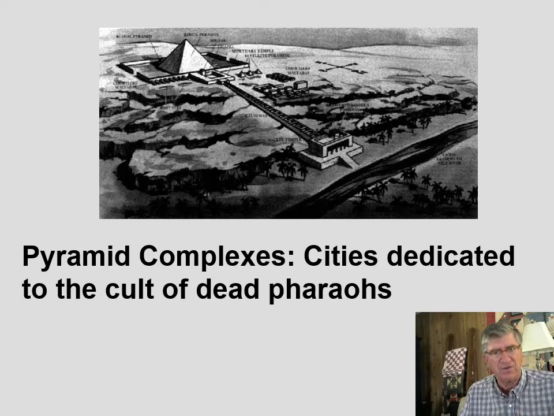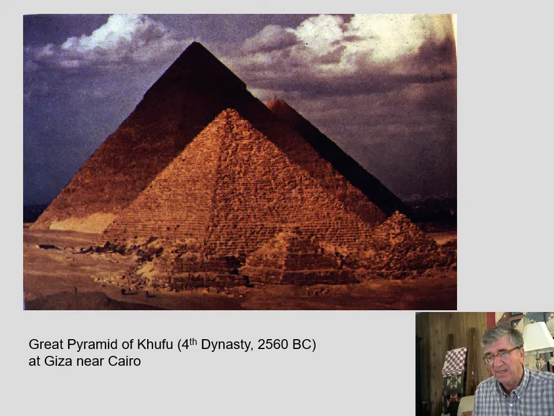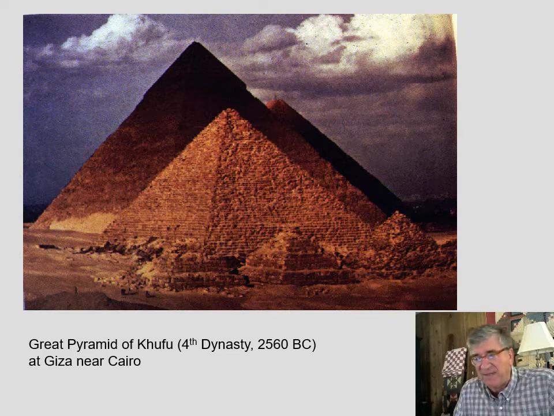And so increasingly over these long periods, more and more pharaohs were taking land out of the control of the reigning pharaoh. And so one wonders whether this didn't lead to some sort of political collapse at the end of the Old Kingdom. The most famous of these is the Great Pyramid of Khufu, pharaoh of the 4th dynasty,